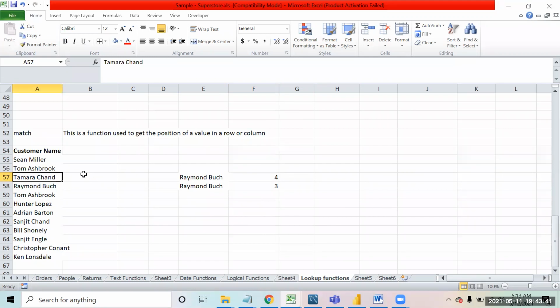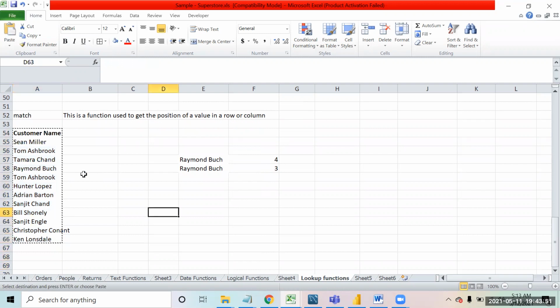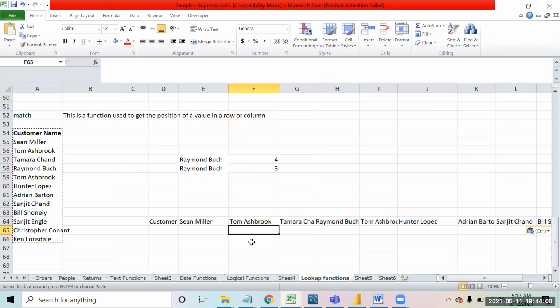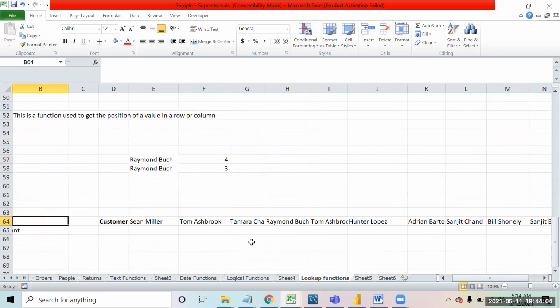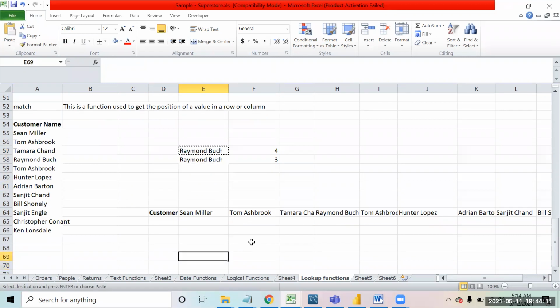This formula does not work only in a column; it will work row-wise also. If your data is like this, you can transpose the data. When you copy and paste special values, you can transpose the data. Suppose the customer names are given like this. Again I have the same scenario, where I have to find the position of this customer, Raymond Bush.